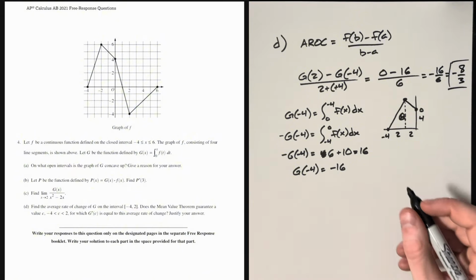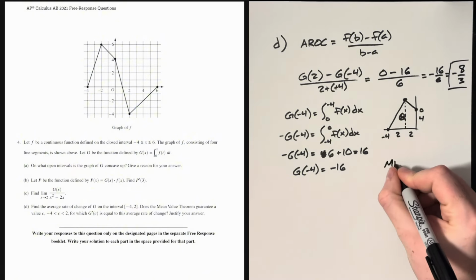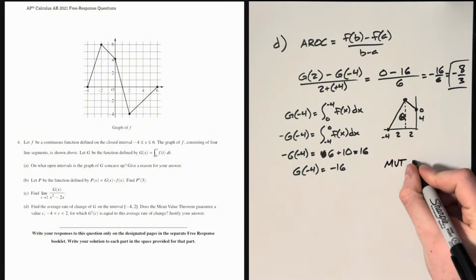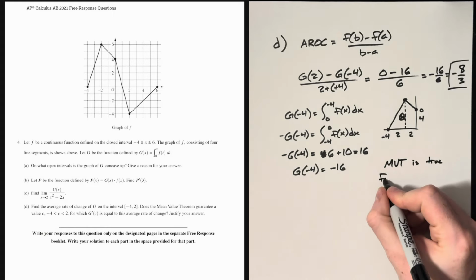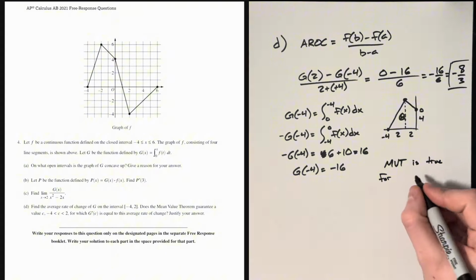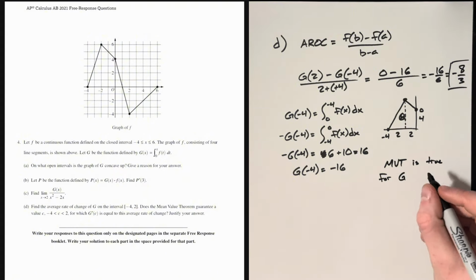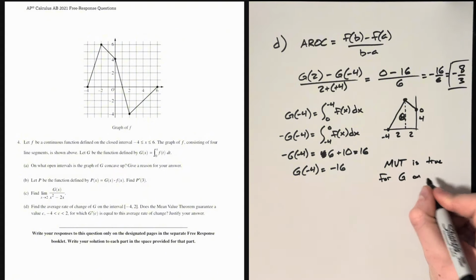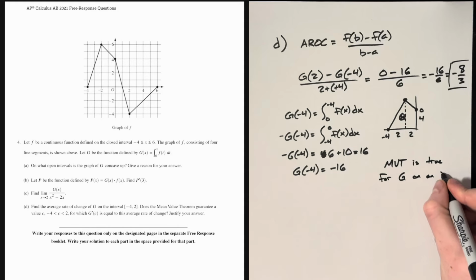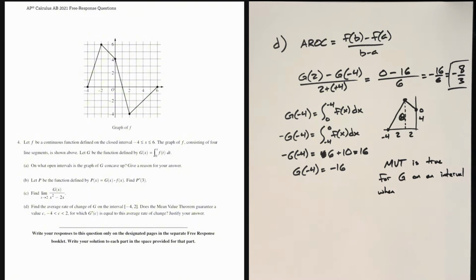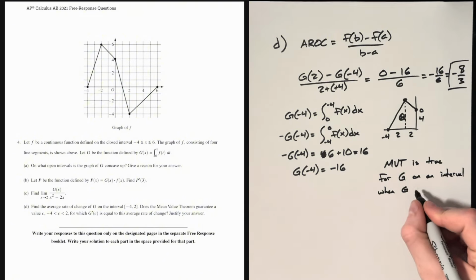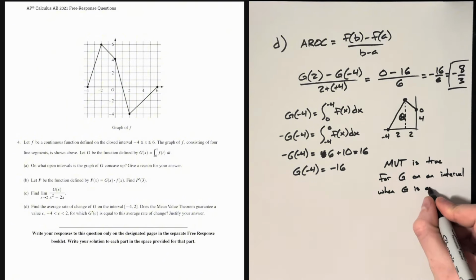Mean value theorem is true for any function. In this case, it is g on an interval when g is continuous